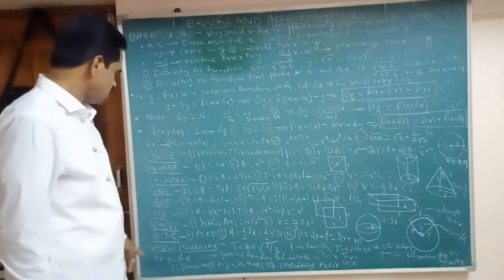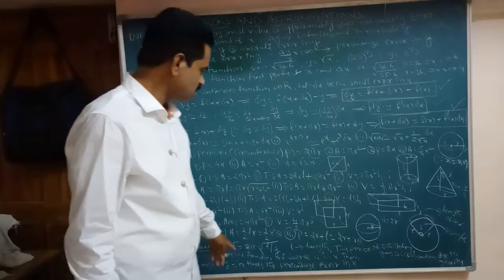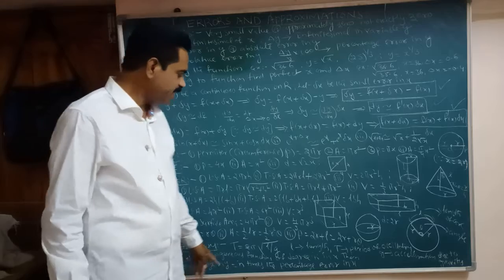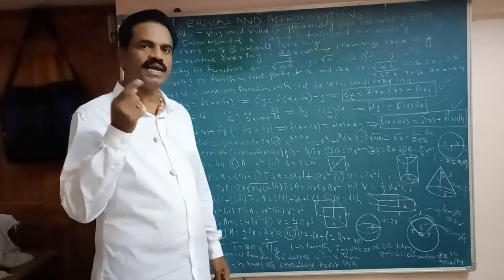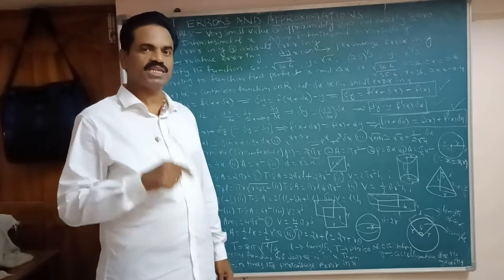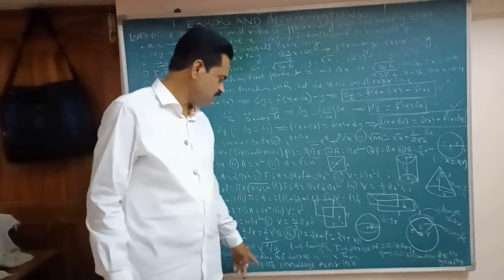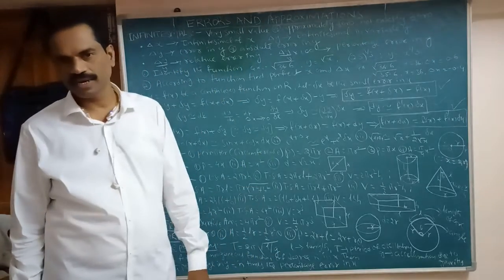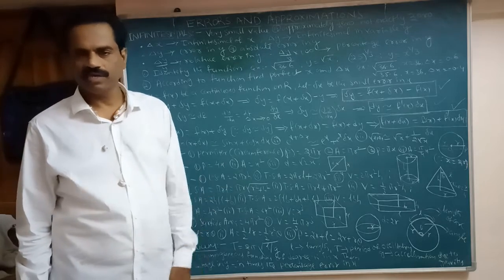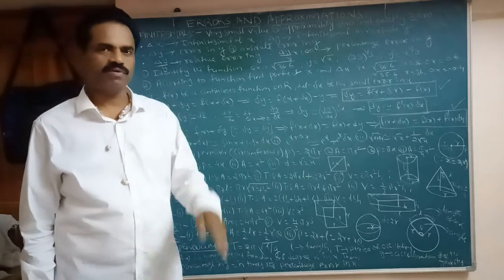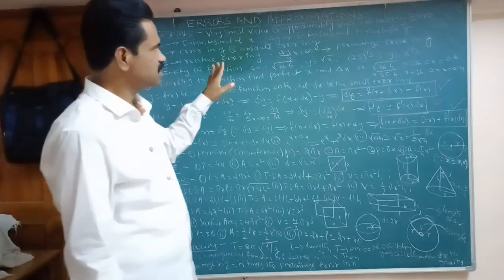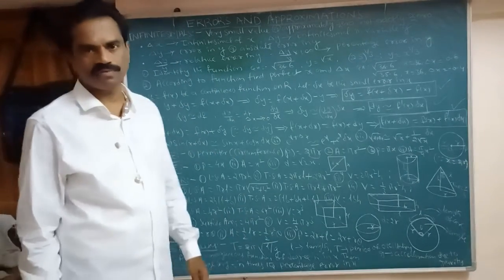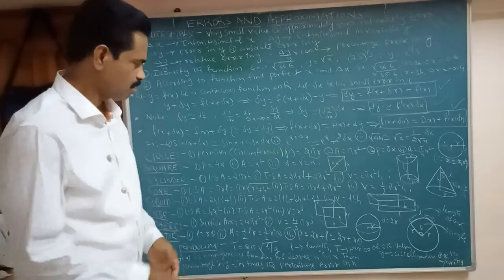See here. If y equal to f of x is a homogeneous function of degree n in x, then the percentage error in y is n times the percentage error in x. Degree 2 is 2 times, degree 3 is 3 times. We can take this shortcut directly. Okay? When a constant is there, you consider the power only. This is the concept of errors and approximations. Based on this concept we will solve the problems.